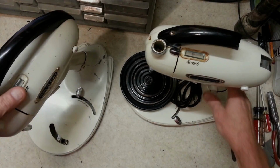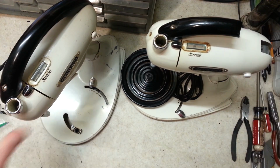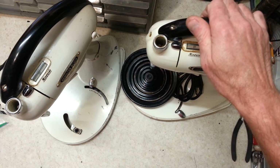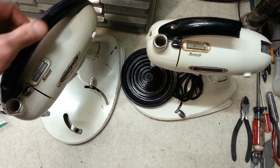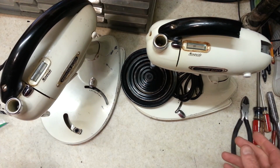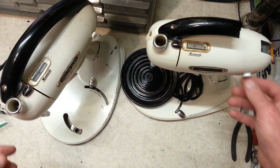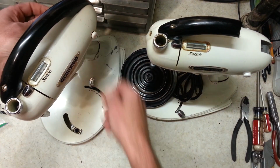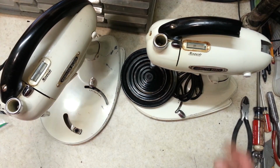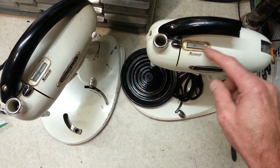Alright guys, welcome back. We've got a Hamilton Beach Model G to restore here, and she sent two of them along. One's got a broken handle and one's got a good handle on it, and she wants to use the best parts between the two of them to do a restoration on one, and the rest can just be set aside for parts. So, going through them really quick, this one looks like it's got a nice amount of grunge